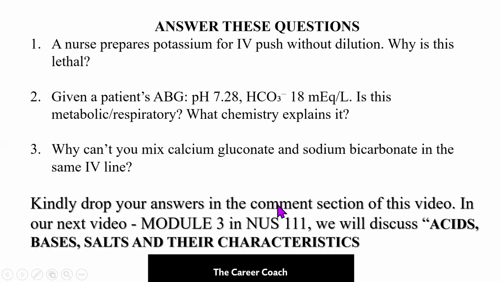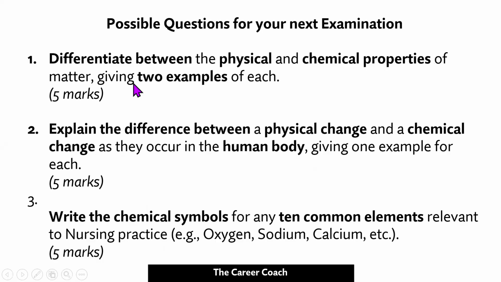Before we go, I want you to take note of this possible examination question for your next exam. Differentiate between the physical and chemical properties of matter, giving 2 examples each. Is a possible exam question. Number 2. Explain the difference between a physical change and a chemical change as they occur in the human body, giving one